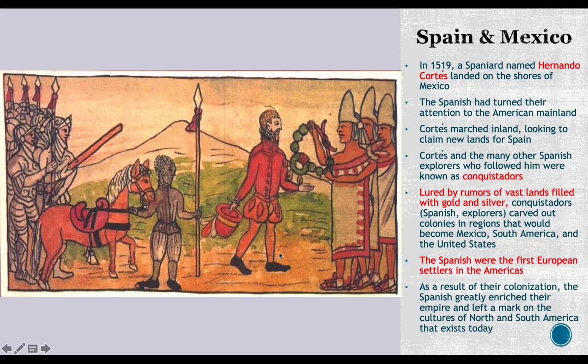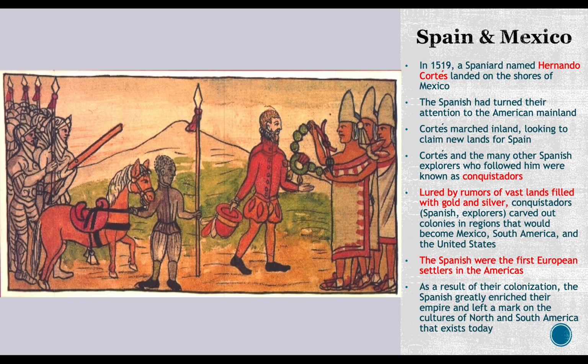In 1519, a Spaniard named Hernando Cortez landed on the shores of Mexico, and the Spanish had turned their attention to the American mainland. Cortez marched inland, looking to claim new lands for Spain, and Cortez and many other Spanish explorers who followed him were known as conquistadors, and they were allured by rumors of vast lands filled with gold and silver. Conquistadors, or Spanish explorers, carved out colonies in new regions that would become Mexico, South America, and the